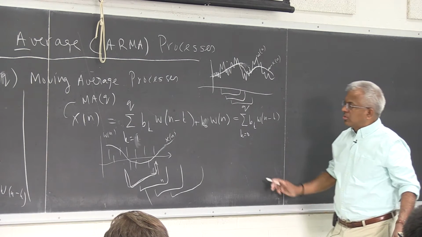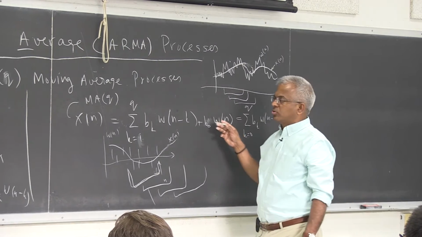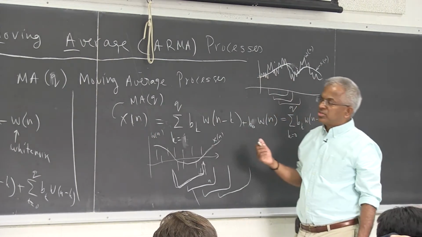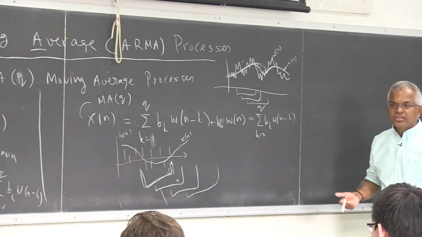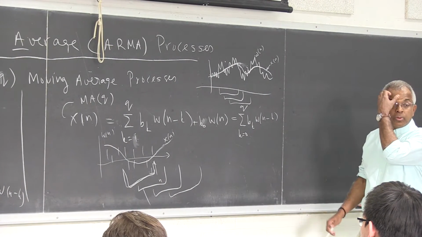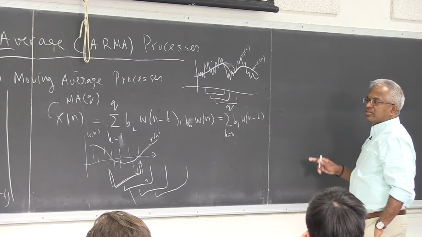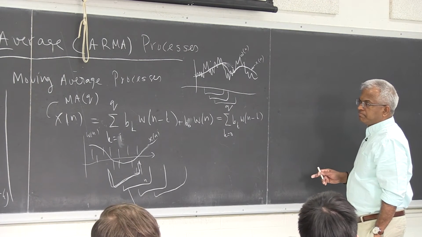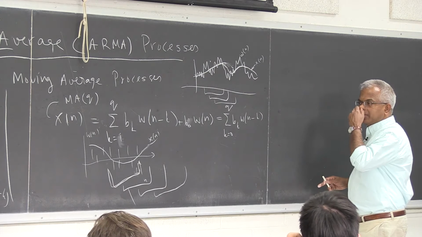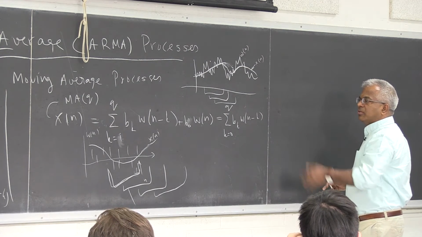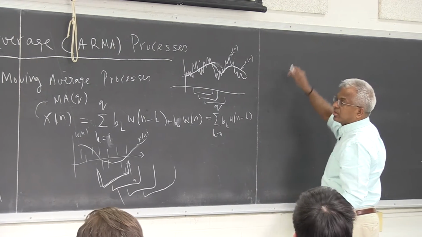So the question is, if Wn is a stochastic process, is xn stochastic? If Wn is stationary, is xn stationary? If Wn has a power spectrum, what is the power spectrum, etc. So that's what we are after. But first, if you recall your signals and systems course, if you do a simple Z transform on both the sides, remember